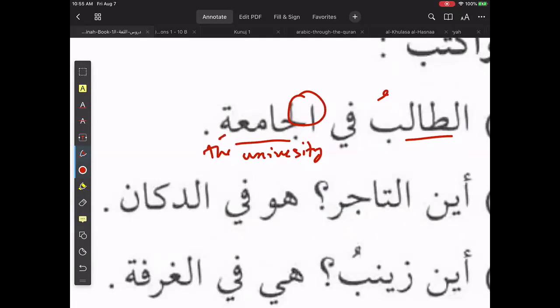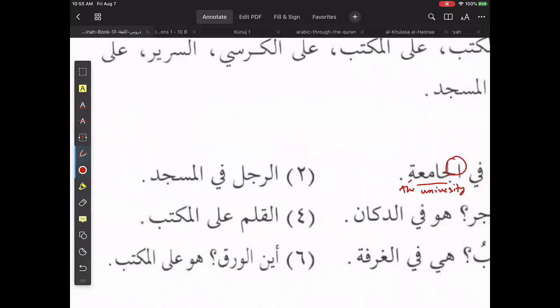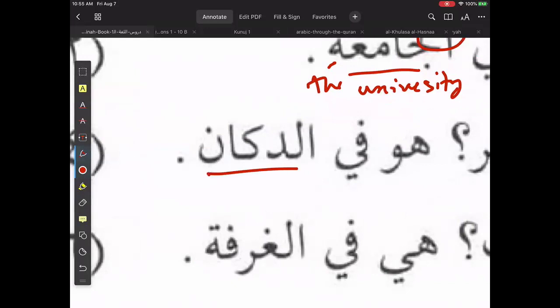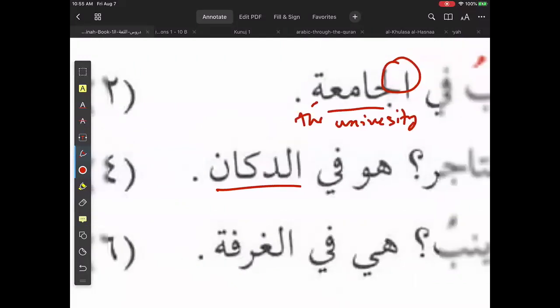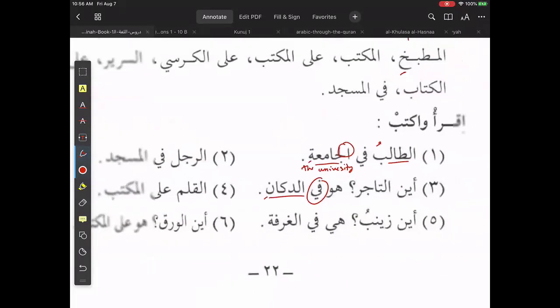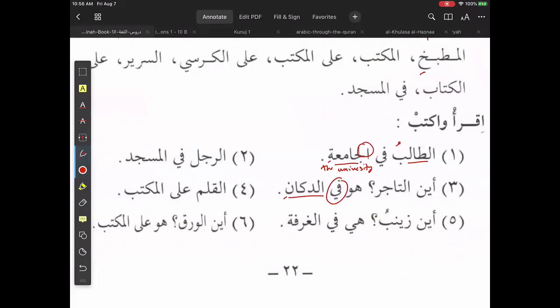For example, let's do another one. Subhanallah. Here you have no idea what dukan is. Let's say you don't know, but you're looking at it. You have a fi, so I just put kasra. Now let me look at what dukan means. This way you're making sure you know your grammar, right? In this chapter, one of the main things they're trying to teach you